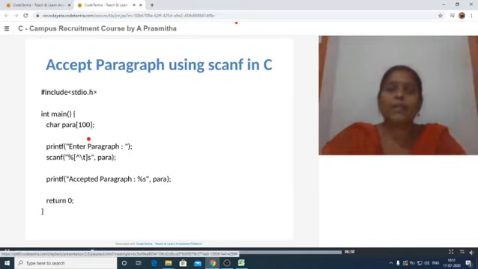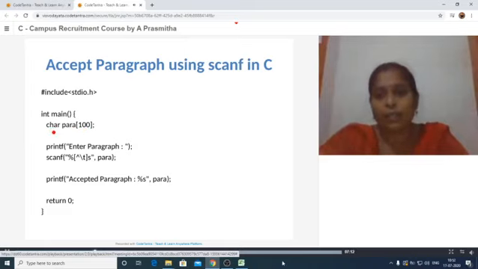Here I would like to mention that an array is a collection of same data type elements. Here I am taking 100 elements, all of character data type, and all those elements can be named para. So we are trying to read the para using this scanf statement.